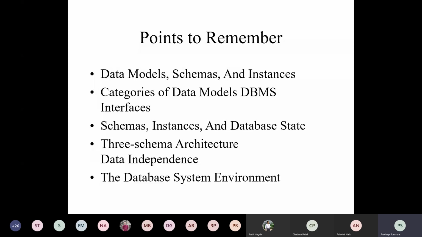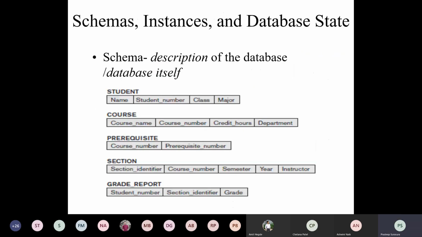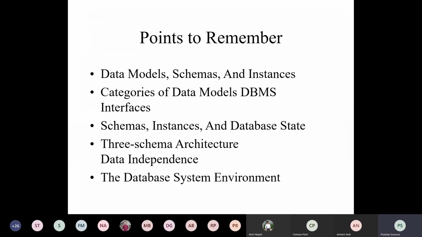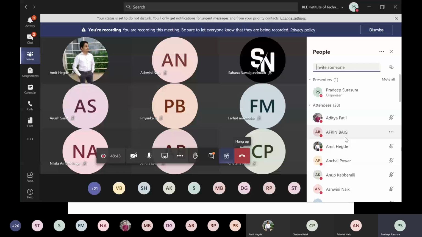Actually, I was supposed to complete here, but we have taken a bit longer to complete so far, no problem. So to continue with that, any doubts in these topics? Okay, so today we talked about all these topics. Does somebody want to say something? Somebody unmute. You want to say something? No? Okay.